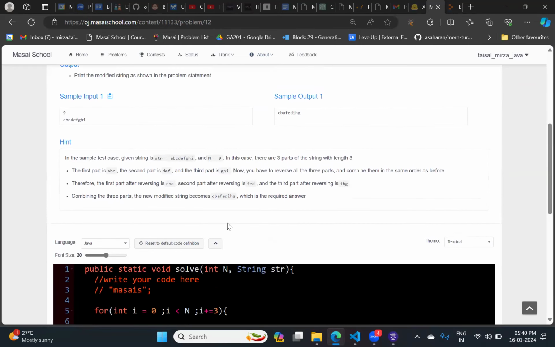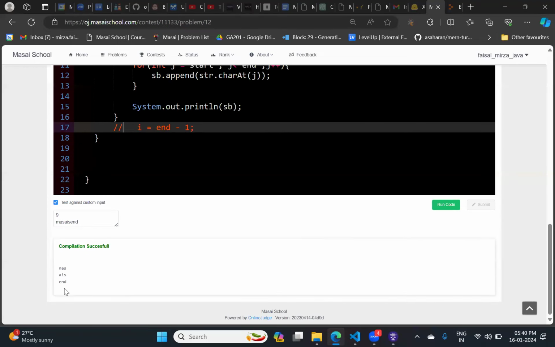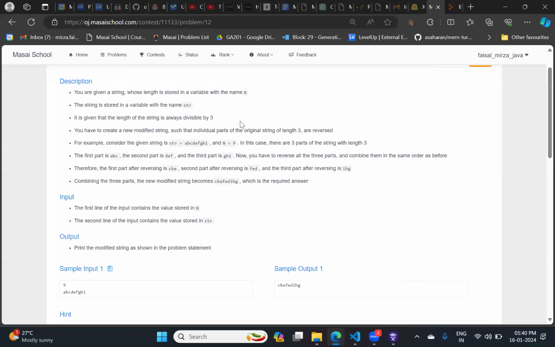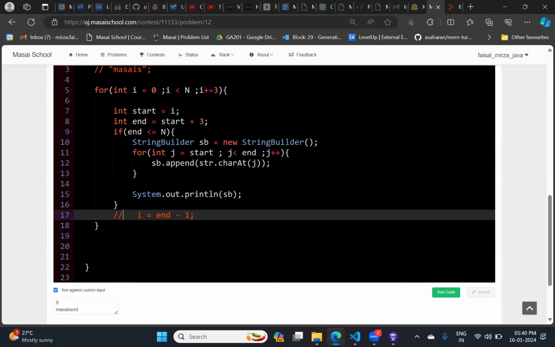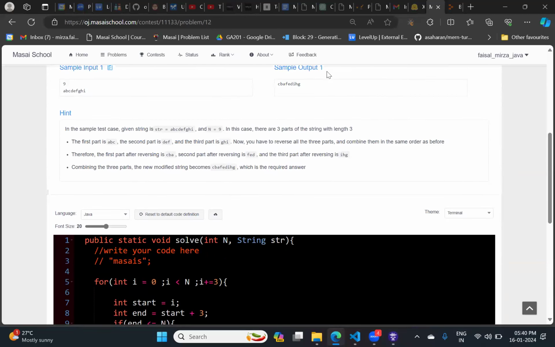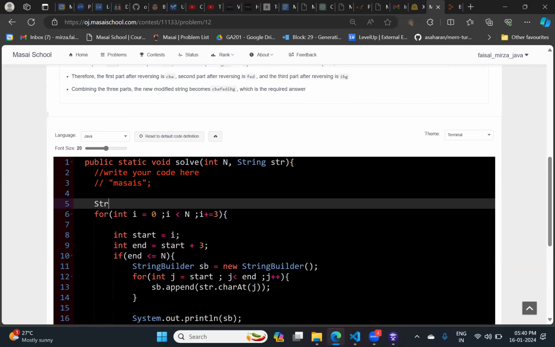Okay. Now our problem is not over. Right now we are just getting the equal parts. What is the next problem statement, Abhishek? What do we need to do over here after dividing it? So we have to reverse, sir. Yes. So we have a method in StringBuilder as well. What is the method name? sb.reverse. So let us try to reverse them. And not only do we need to reverse, we also need to concatenate the output now. At the end, we want a single string, so we have to define one more StringBuilder outside the for loop.